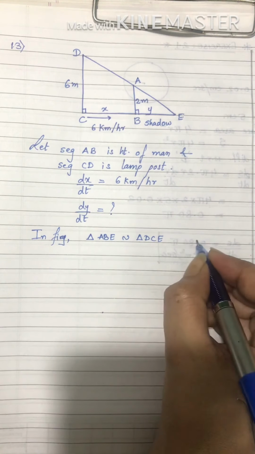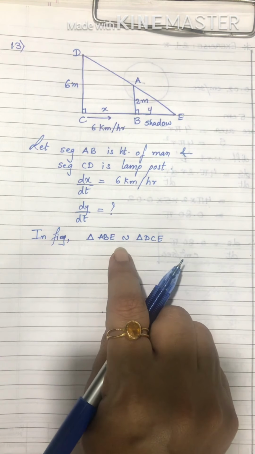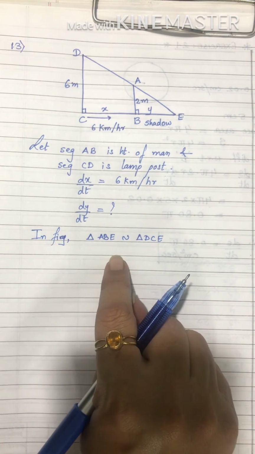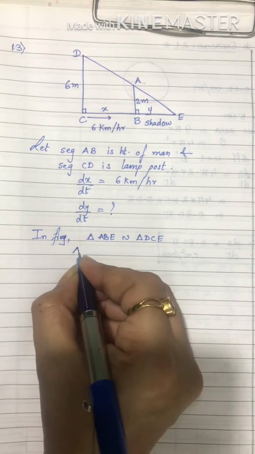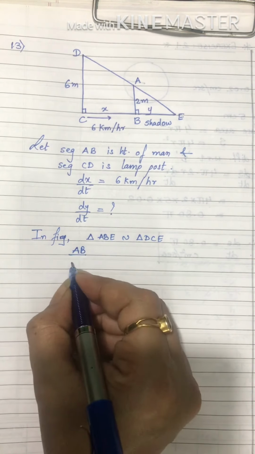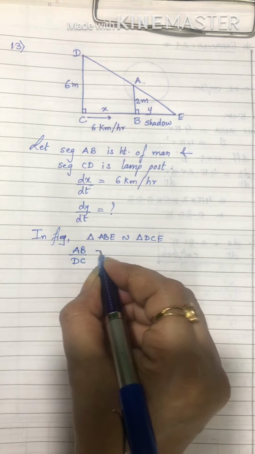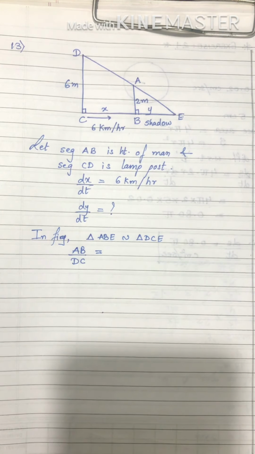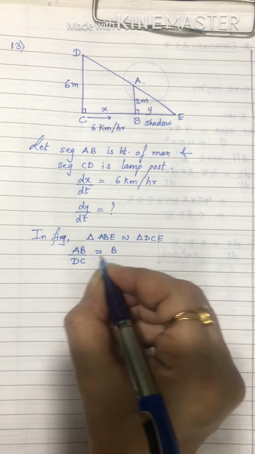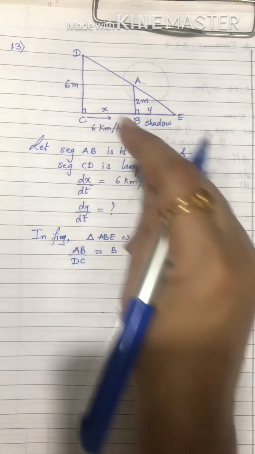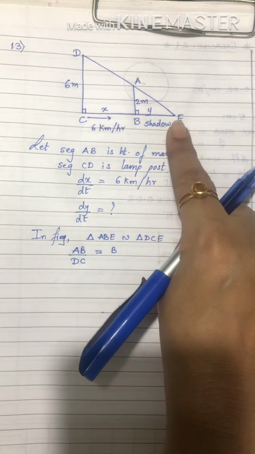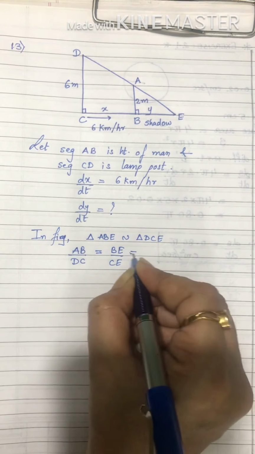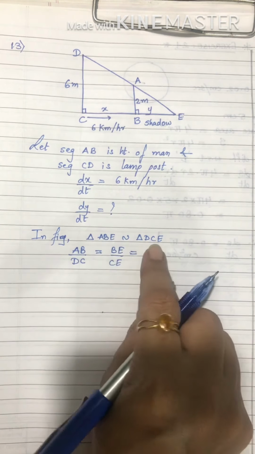So by angle test this can be proved to be similar, but now since we are in 12th standard, no need to prove this. We have already studied how to do this in 10th standard. Now here we can use it directly. Next I use that the ratio of sides of similar triangles is equal. So we get AB upon DC is equal to BE upon CE, and then the third one, that is AE upon DE.